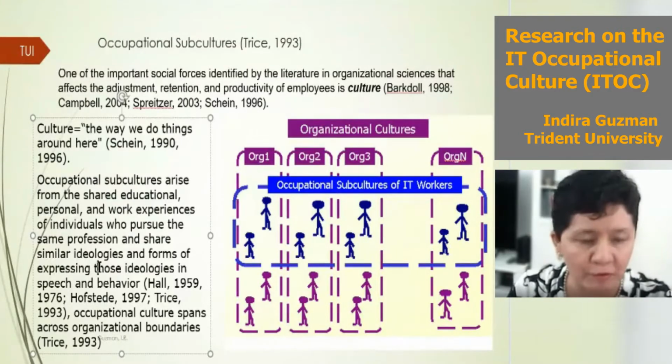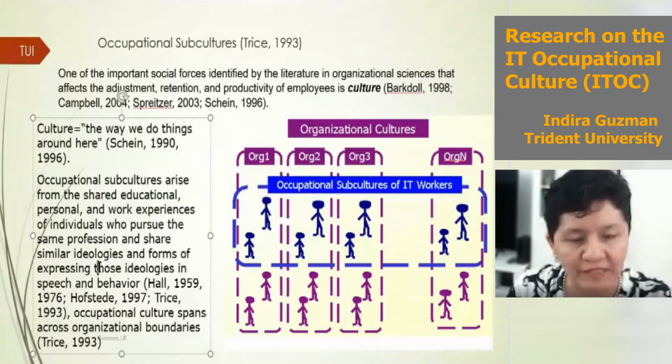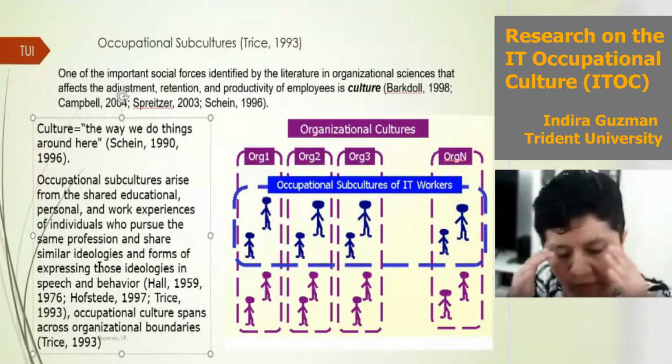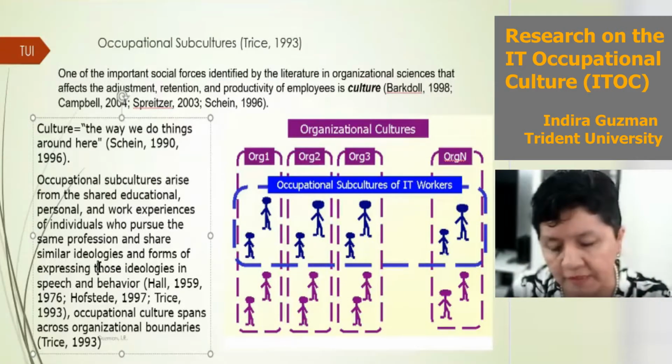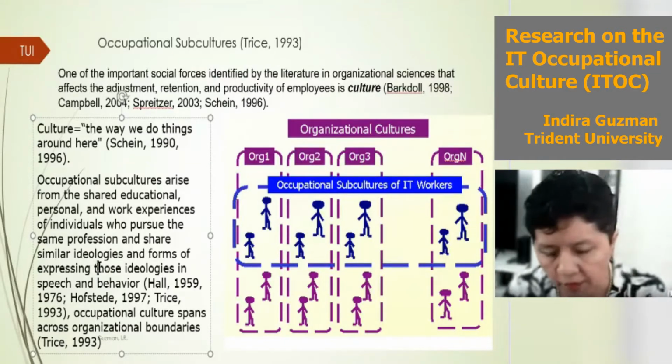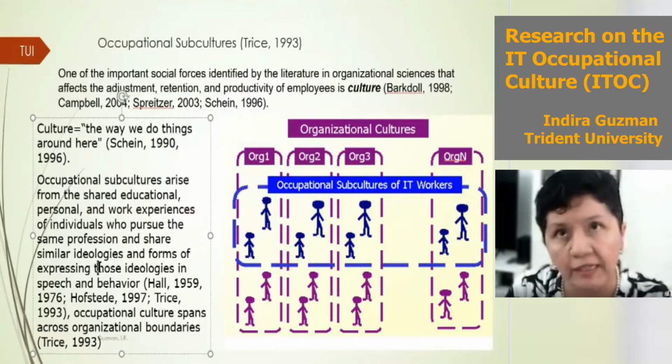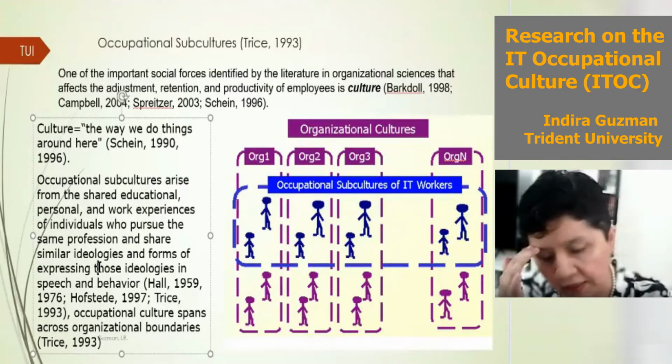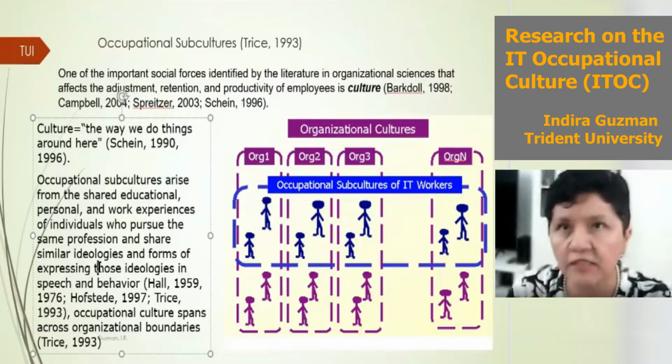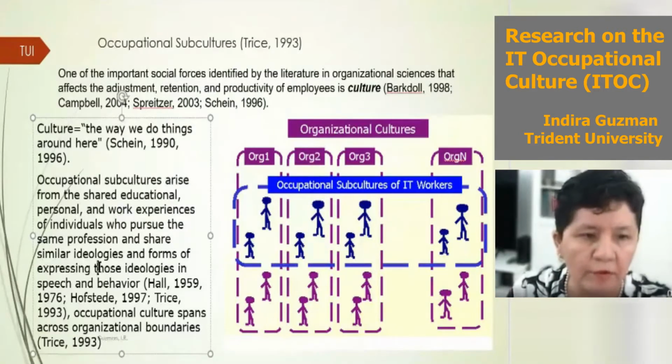I mean, the journal papers will probably give you the citations, right? But sometimes it's the papers and the books. It was a whole book from Trice that talks about occupational cultures and how they are formed within organizations. Here his field is, well, he comes from Cornell University, from a department of, I think, labor studies or something like that. So it's really all about workers.